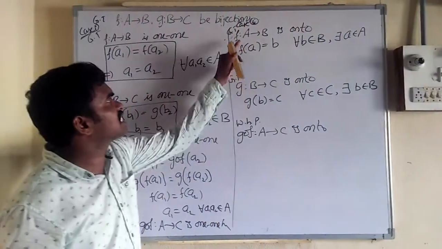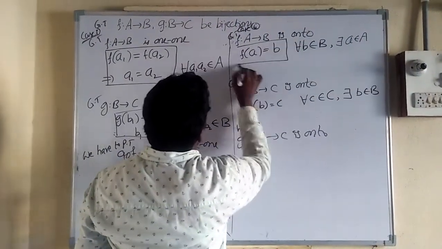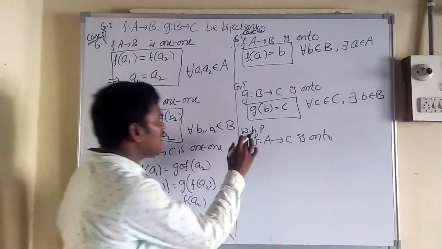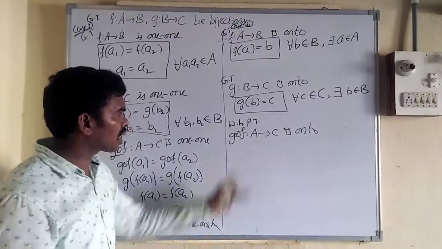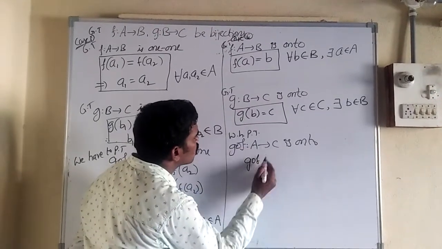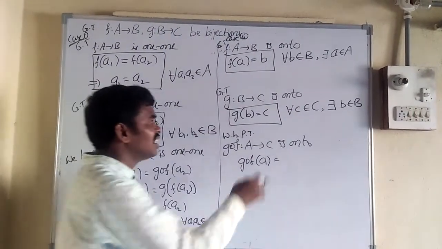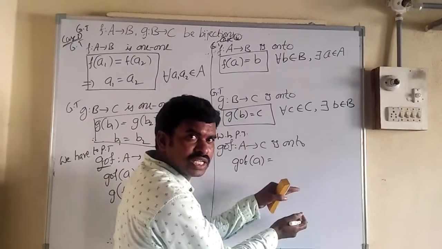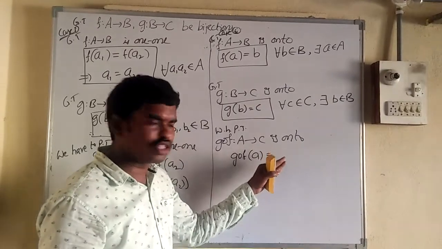So now this is given as I have written: F of a equal to b written, G of b equal to c written, given, and we have to prove that G circle F from A to C is onto. How to prove? Same, take G circle F is a function. What is the domain? A is equal. Don't write equal to C, because we have to prove it. By simplifying this, we should get C. That's why don't write C here. It should be proved.